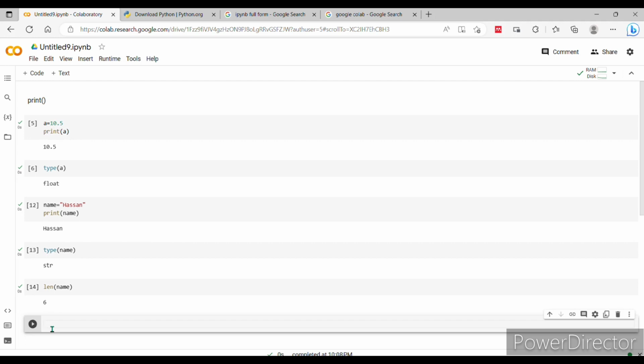So then next I'll use the input function. Now you got it. What is the utilization of print function, type function, length function, and now the input function. Okay, so for input also